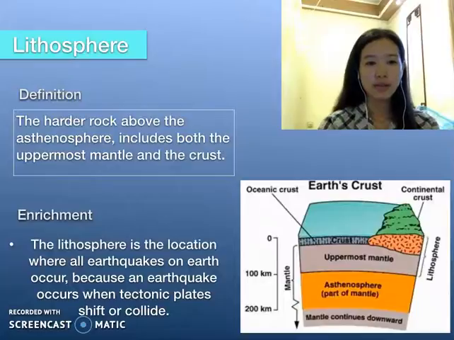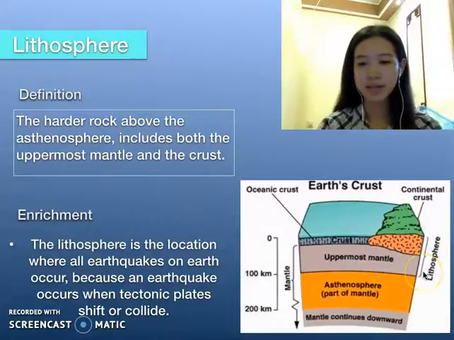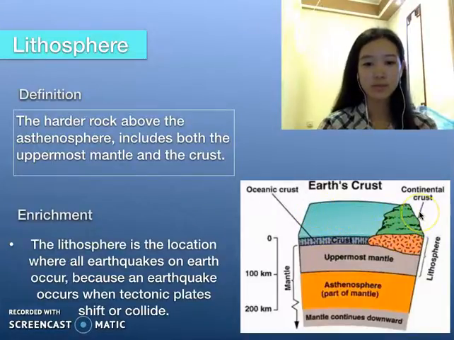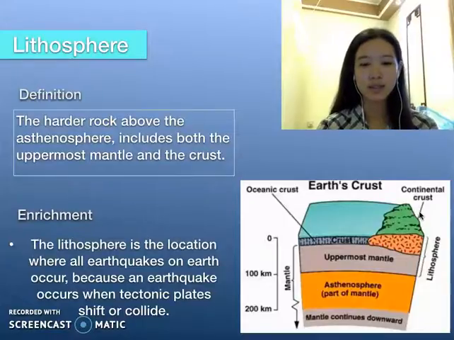Now the lithosphere is the harder rock above the asthenosphere. It includes both the uppermost mantle and the crust. So the same diagram here, you can see that the lithosphere consists of the uppermost mantle, the oceanic crust, and the continental crust. The lithosphere is the location where all earthquakes on Earth occur, because an earthquake occurs when tectonic plates shift or collide. If you wonder what plate tectonics is,